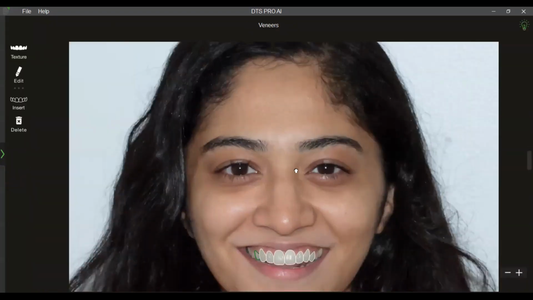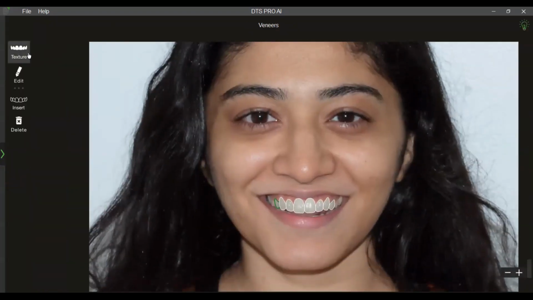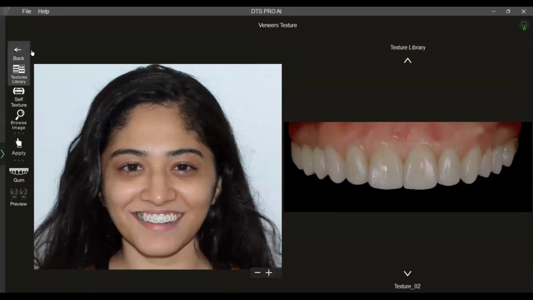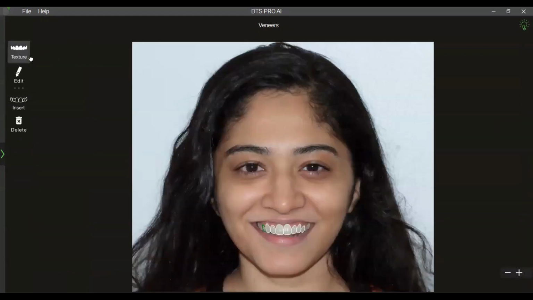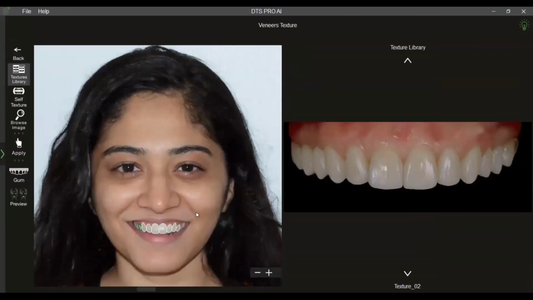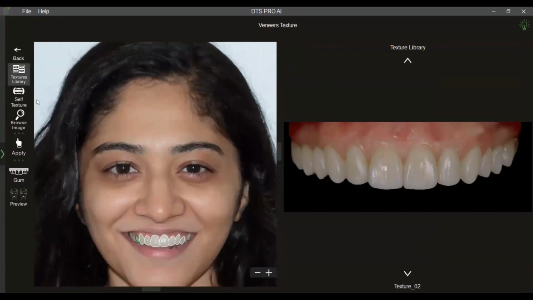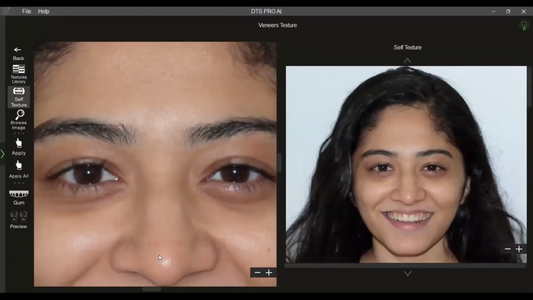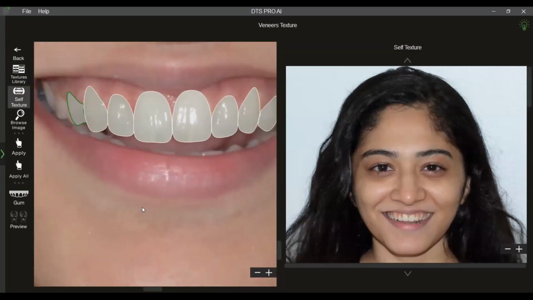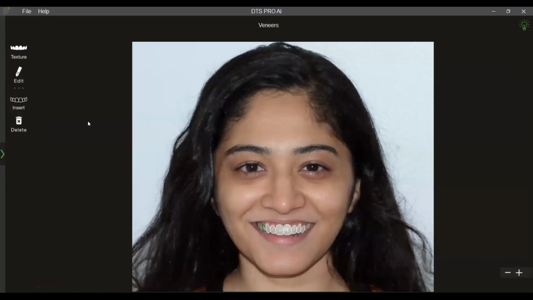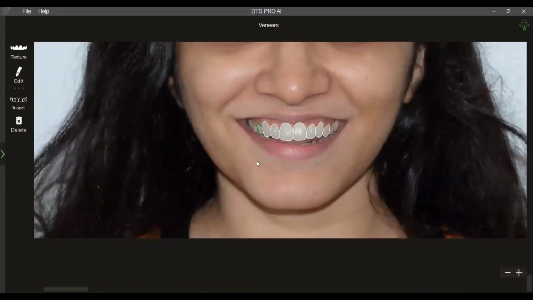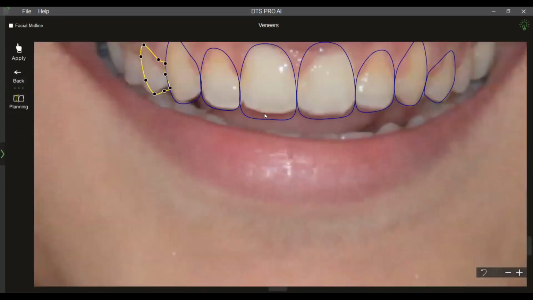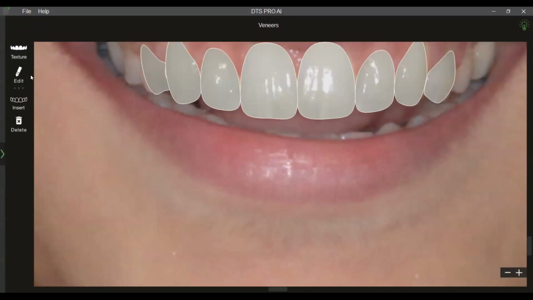One last way of inserting texture is, sometimes the photograph quality may be such that not all the textures from the library will suit the patient. So in that case, we can use the option called self texture. Here we will insert texture tooth by tooth. Oh, I find there is some discrepancy in the length of these two teeth. So just let me very quickly modify it first. I want this to be equal. That is it. Looks better.